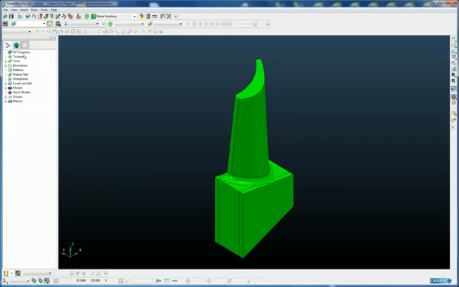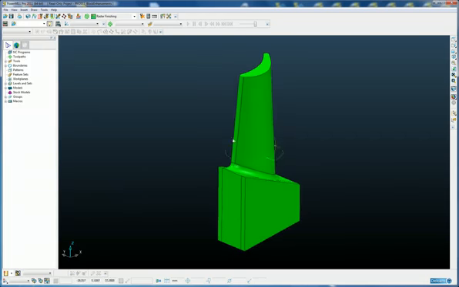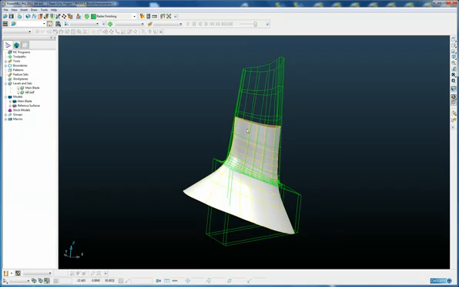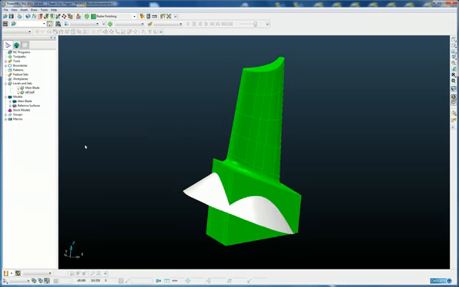If we take a look at this example on the screen, you can see we have a single blade type part, and we also have a reference surface which is used to machine the root region of the blade. This reference surface has actually been read in as a reference model, so Powermill knows to automatically ignore that reference model for any toolpath